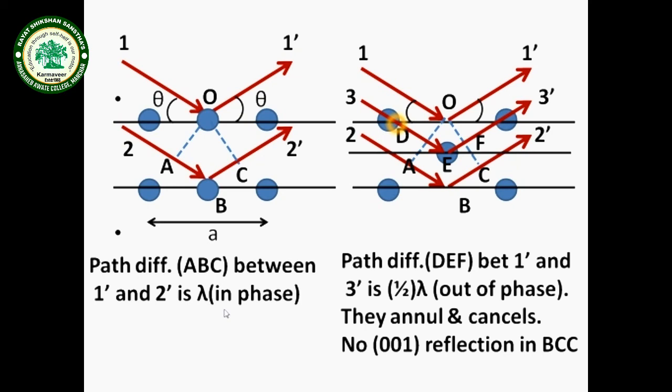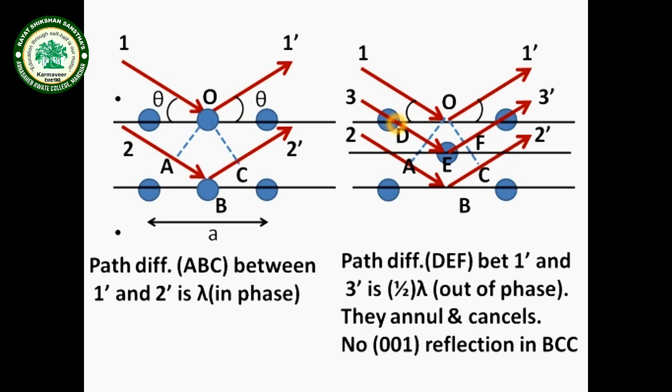As a result of that, the 0, 0, 1 plane will be present in the diffraction pattern. But now, as a pair of atoms has been shifted, meaning for the case of the body-centered orthorhombic cell, let us see what will happen in that case. So this atom is located at half the distance compared to the original one, and X-rays are reflected from the corresponding atomic planes as well.